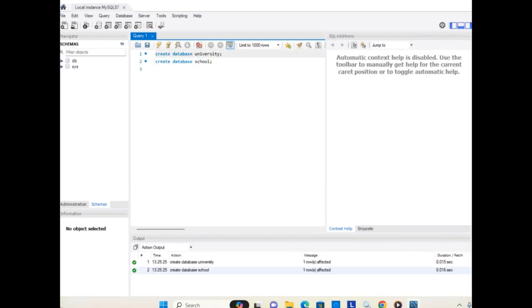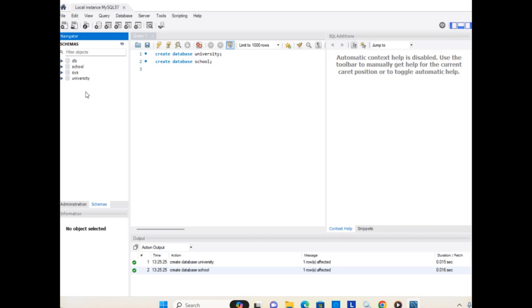The database named school has been created. So we just see whether these two databases have been created or not. We click on the refresh button in front of schemas, and you can see that these two databases have been created. Once we have created the database, we will start to create the different forms in which we are going to store the data.